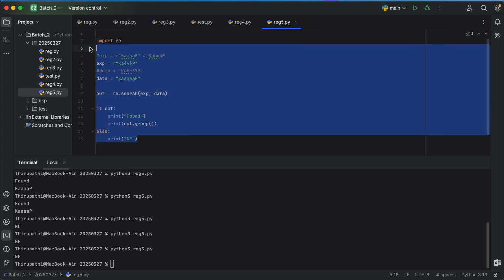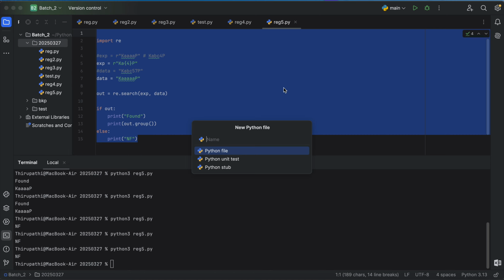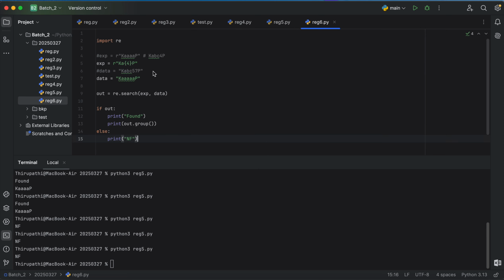Now see, now it is not found, right? Because here five A's are there. If you want to find multiple A's, okay, let's take this same. If you want to find multiple A's, it may be one or it may be more. Here in expression simply you can change